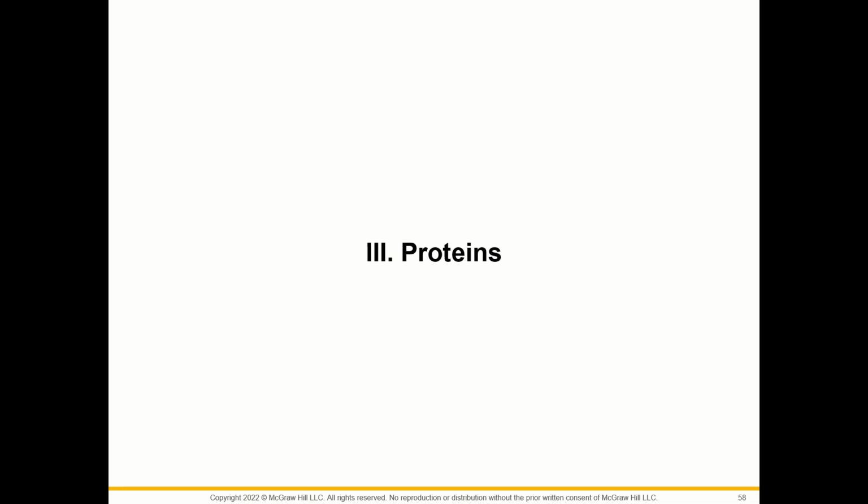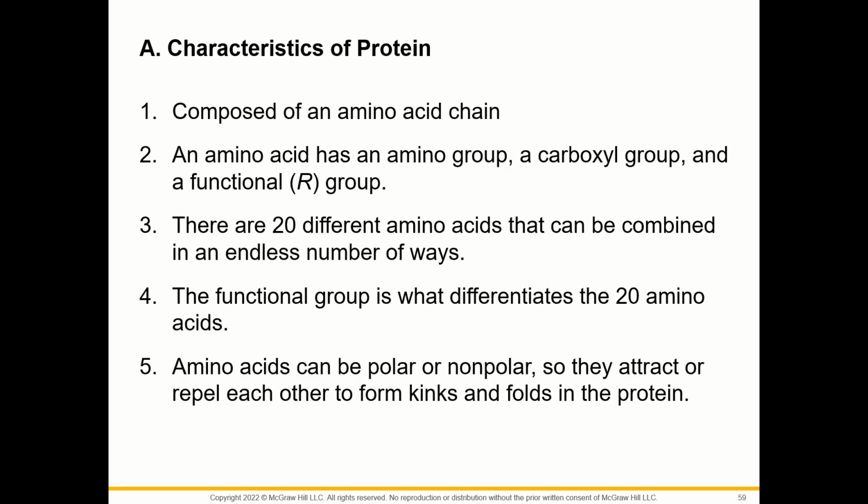Okay, proteins. Proteins are going to be made up of an amino acid chain. It's that R group that is going to make them so diverse. So an amino acid has an amino group, a carboxyl group. The amino is like the nitrogenous group. The carboxyl group is going to be the acidic group, amino acid. And then the functional R group is what gives the amino acids their particular